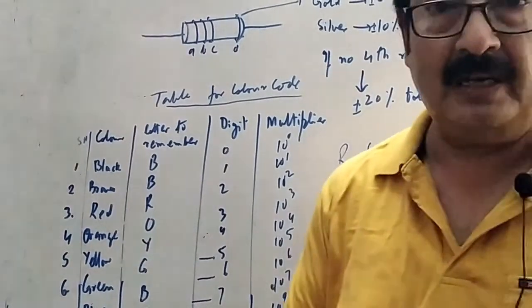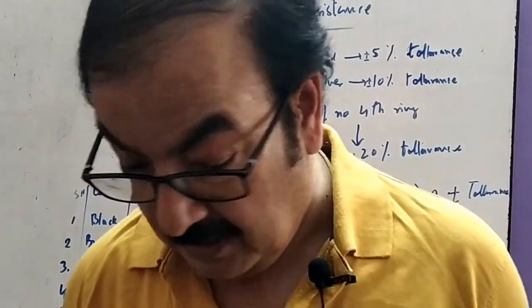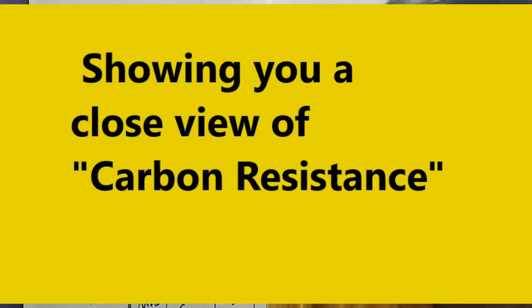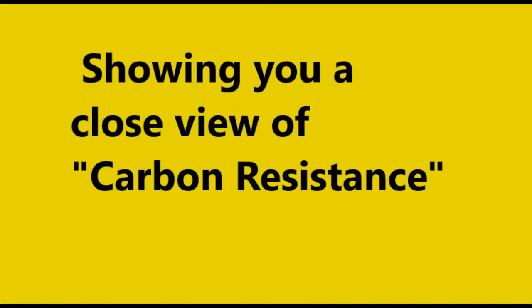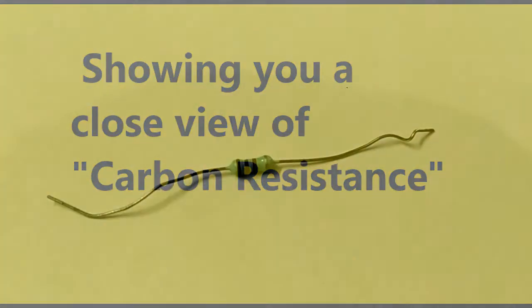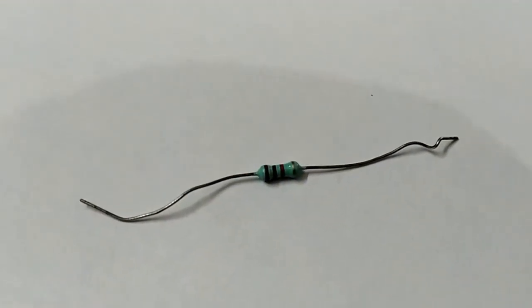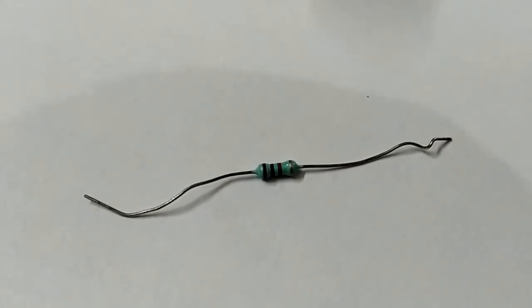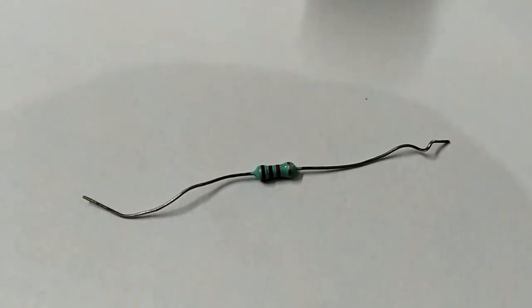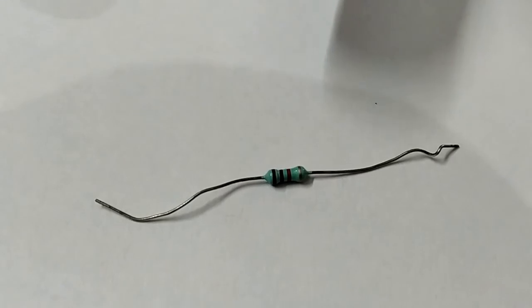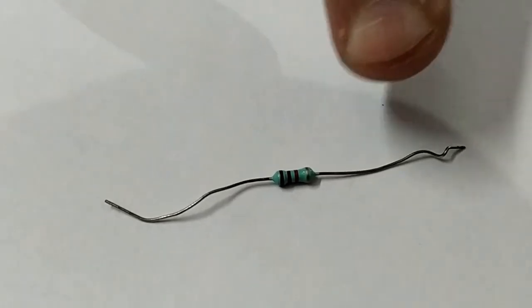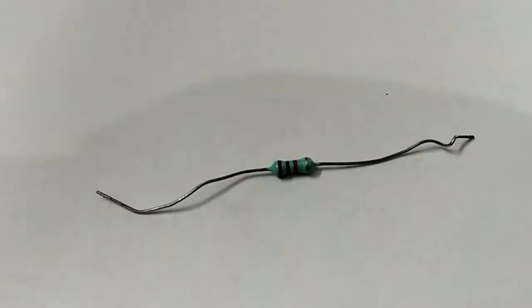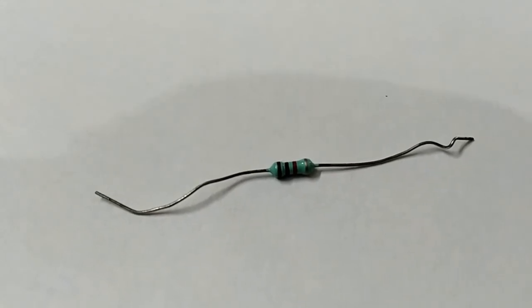This is how we determine it, and practically we can show you the resistance. Here you can observe the real version of a commercially available resistance. We can see that 4 bands are there. The first band is brown, the second is black, the third is red, and the fourth is golden. Always remember, we have to count from the left side, and at the end the tolerance is considered.